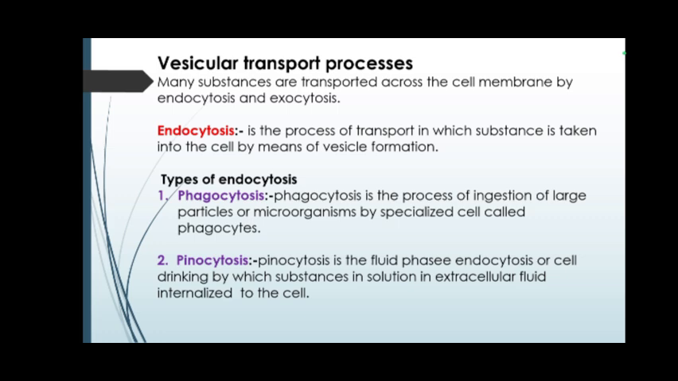There are two types of endocytosis. First is phagocytosis. Phagocytosis is the process of ingestion of large particles or microorganisms by specialized cells called phagocytes. Second, pinocytosis. Pinocytosis is fluid phase endocytosis, or cell drinking, by which substances in solution in the extracellular fluid are internalized